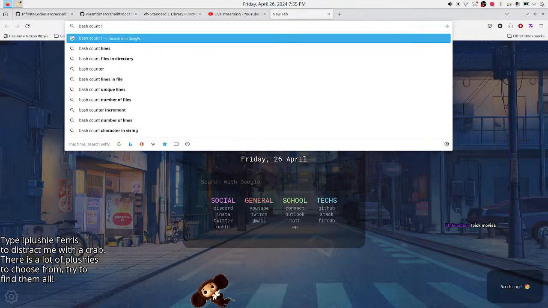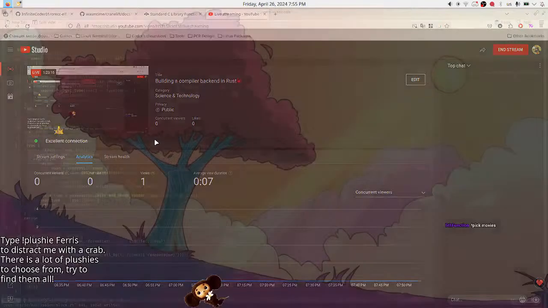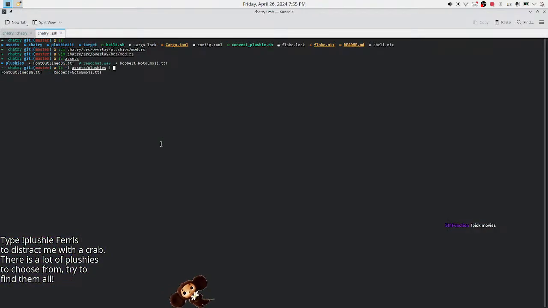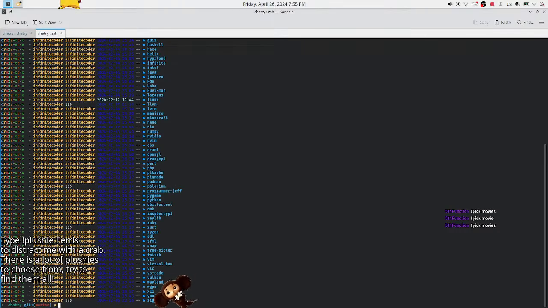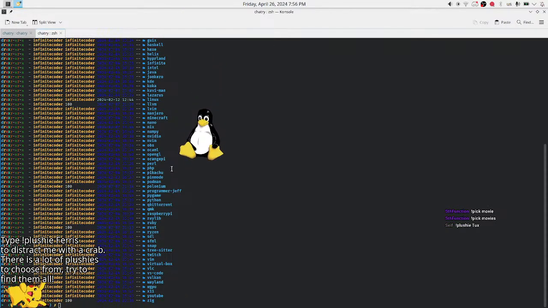Bash count lines. WC dash L. Word count dash line. I'll have 87 of them. That's a lot. You can see some here. Lazarus Linux. Yeah, I have this one. And yeah, we have alternate names as well.